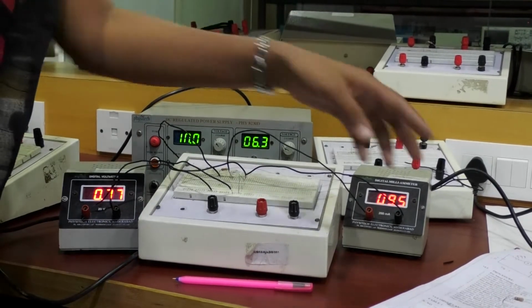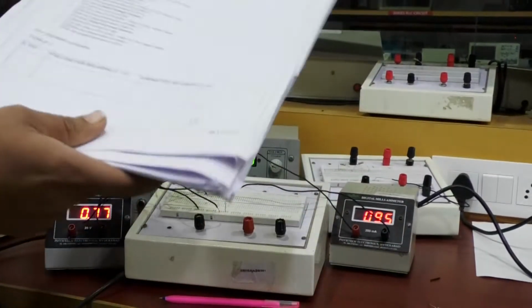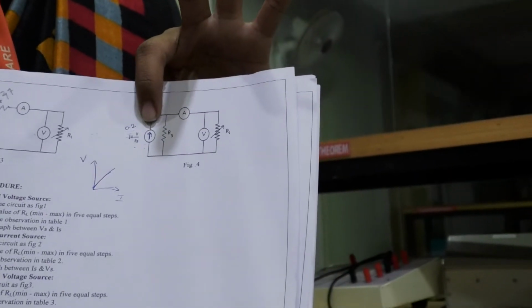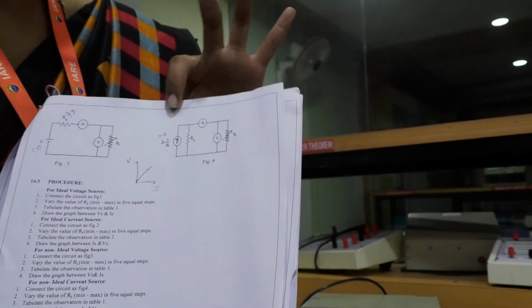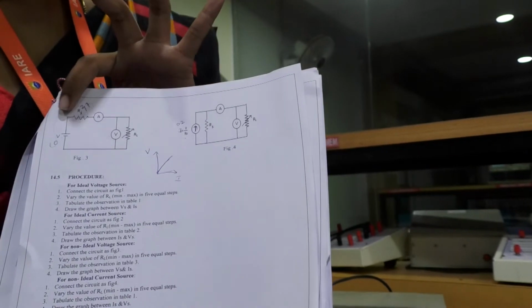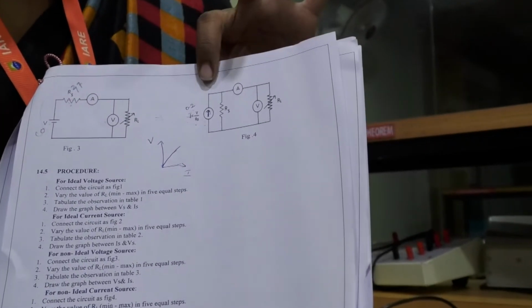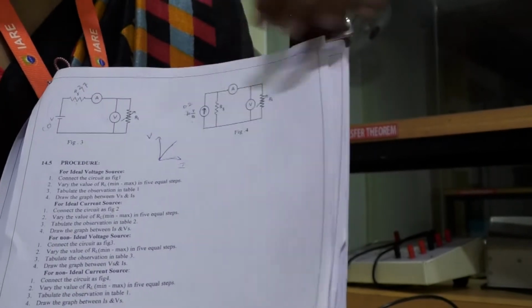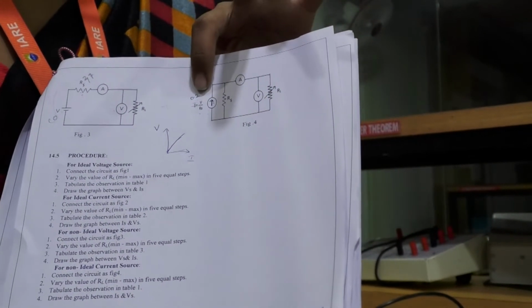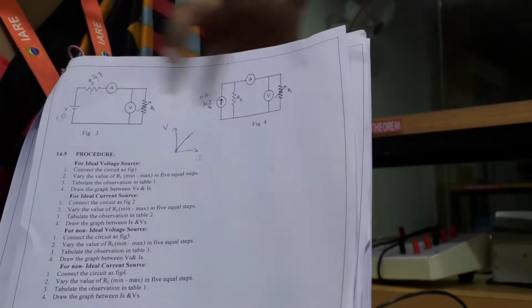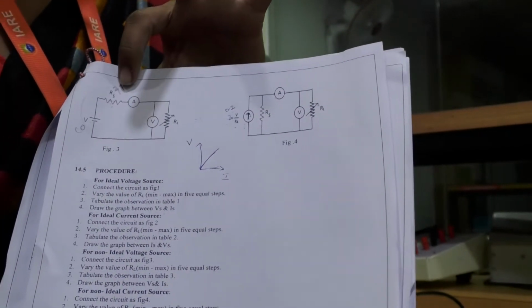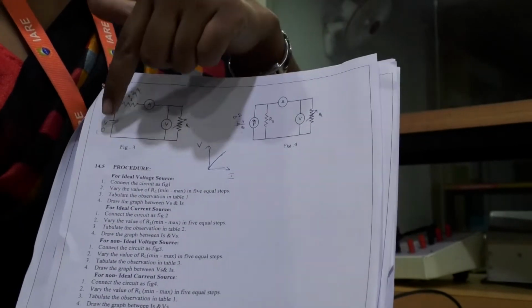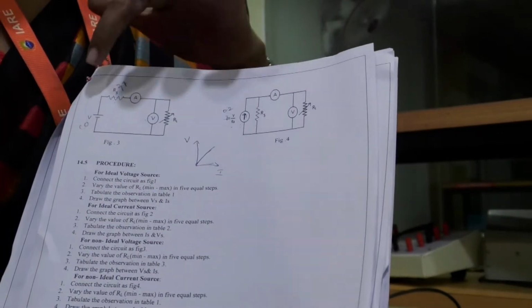Now we are going to see the practical current source. This practical current source is nothing but this particular diagram. Already I have said, this I is equal to... In this we get one more topic, that is source transformation. As I have already said, the voltage source in series can be transformed to a current source in parallel. The resistance will be the same, where I is equal to V by R. This is the voltage V and this is the value of R. So I is equal to V by R.